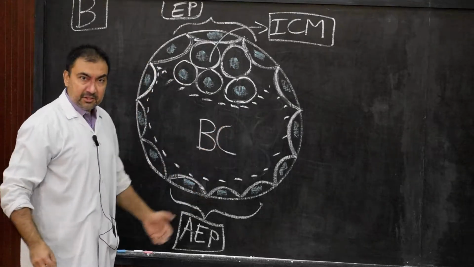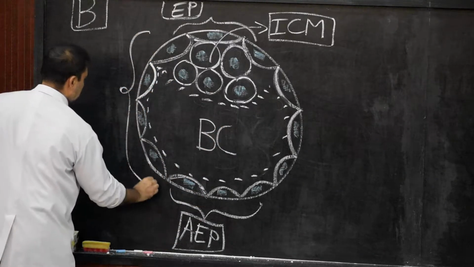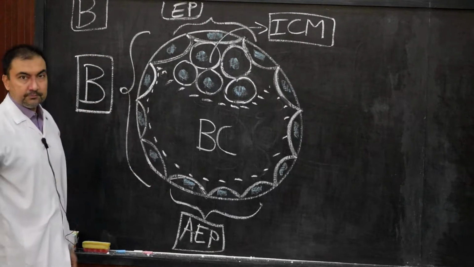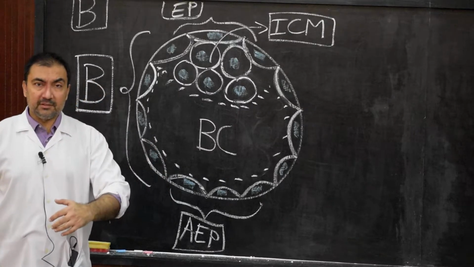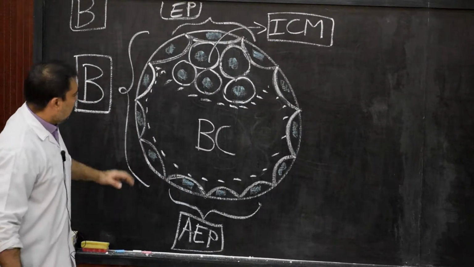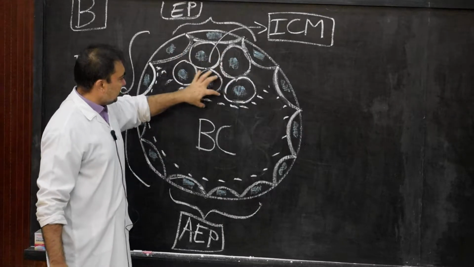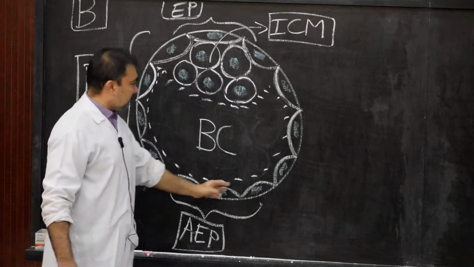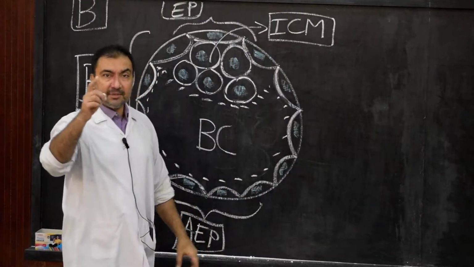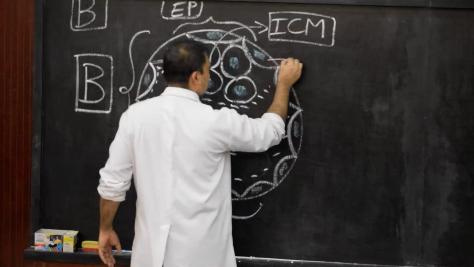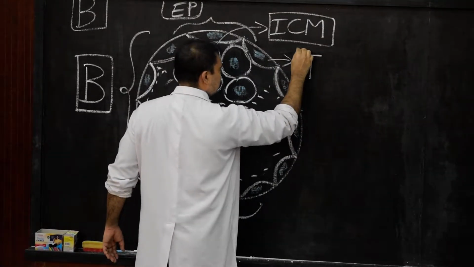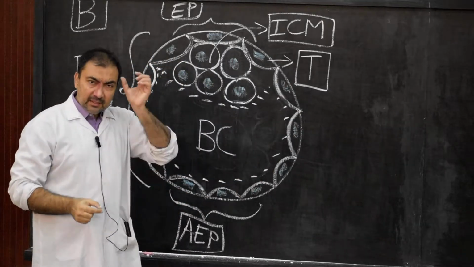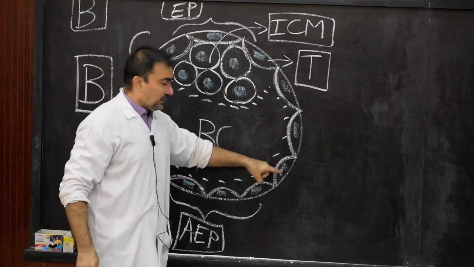And therefore this structure which has been developed will be known as blastocyst. So this is the stage of formation of blastocyst, in which we are able to see the inner cell mass attached to the embryonic pole, the opposite pole being the abembryonic pole, and the outer layer, this is very interesting, the outer layer of cells, the name given is trophoblast. Here I will write down trophoblast. Trophoblast cells are flat in nature and they will now function as functional epithelium.